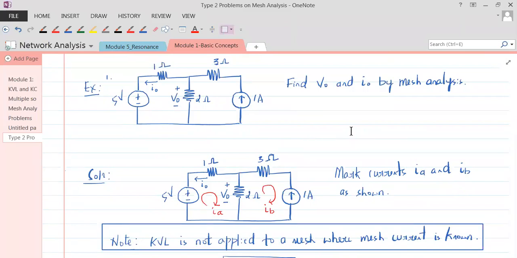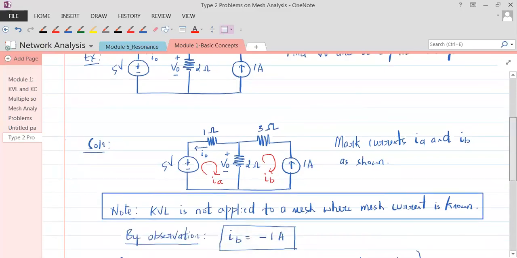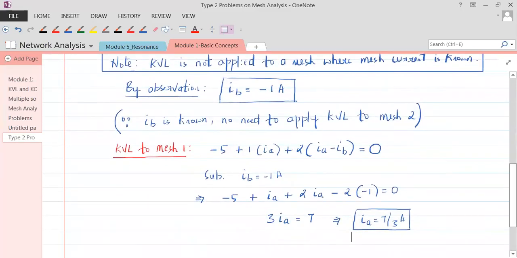Yeah, tell me, Zishan. Sir, in the last equation you wrote, it is minus 2 into minus 1, no, sir? Yeah, it's minus 2 into minus 1. So that will be plus 2. So it would be plus 2 here, and it would be minus 2.